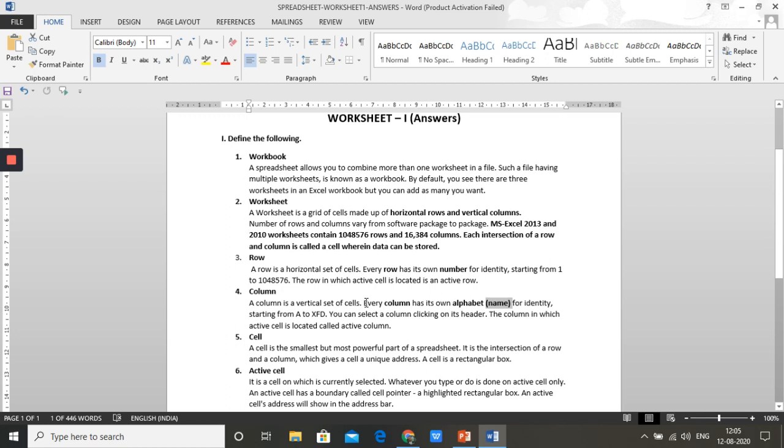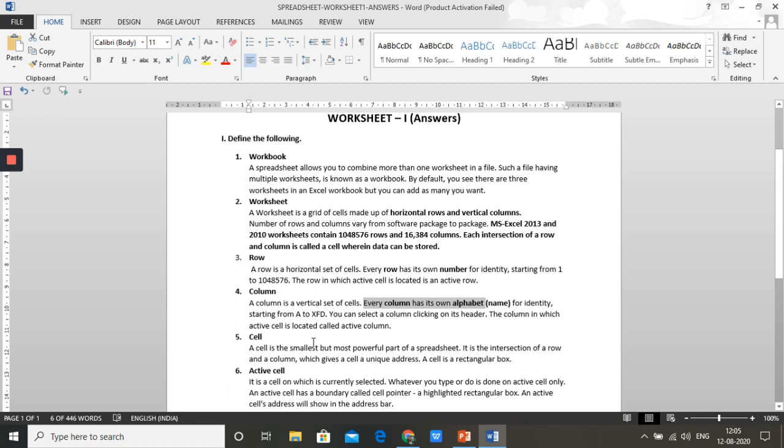So you need to write every column has its own alphabet or name for identity, starting from A to XFD. That also was shown to you earlier in the video. You can select a column by clicking on its header, that is column header. The column in which the active cell is located is called the active column.